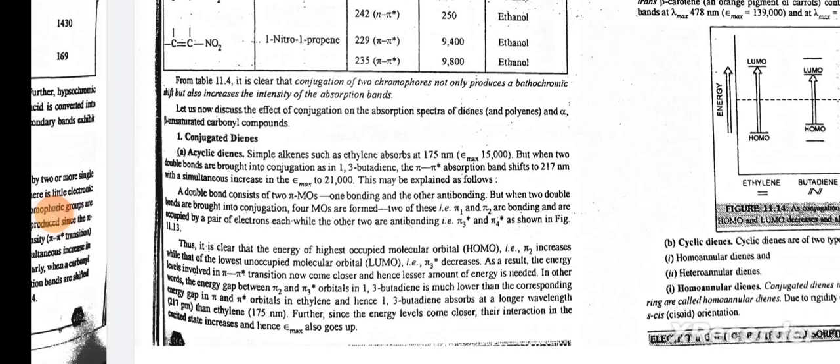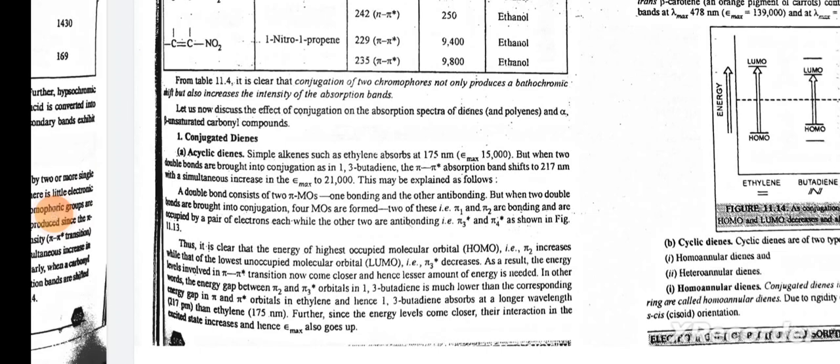Let us now discuss the effect of conjugation on the absorption spectra of dienes and polyenes and alpha beta unsaturated carbonyl compounds. Conjugated dienes. First, acyclic dienes. Simple alkenes such as ethylene absorb at 175 nm, but when two double bonds are brought into conjugation as in 1,3-butadiene, the pi to pi star absorption band shifts to 217 nm with a simultaneous increase in epsilon to 20,000. This may be explained as follows. A double bond consists of two pi MOs,